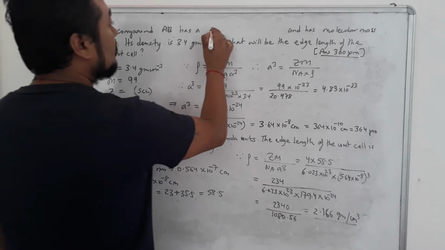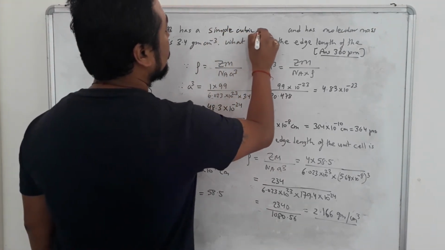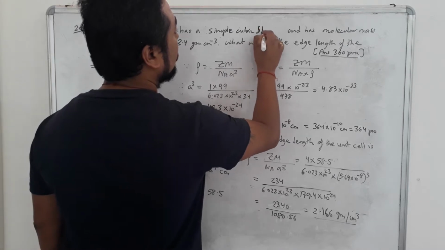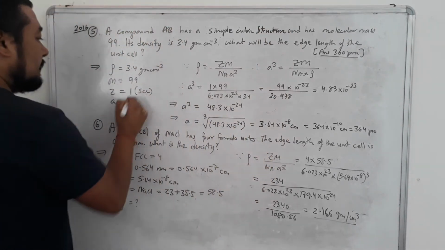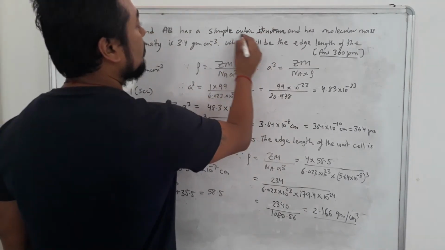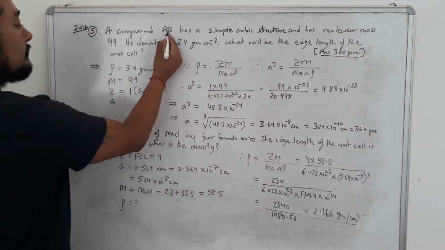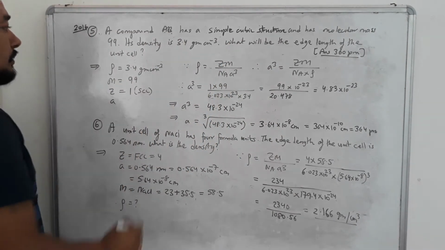But right now in this question, simple cubic lattice or structure is mentioned. So therefore it will be 1. So that time we go with this. Suppose simple cubic structure was not mentioned, I could have taken Z as 2 from the formula, 1A, 1B, total 2.